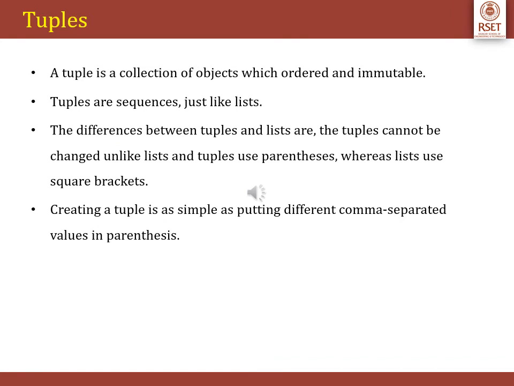Like list, tuple is another data structure supported by Python. It is very similar to list but mainly differs in two things. Firstly, a tuple is a sequence of immutable objects. This means that while you can change the value of one or more items in a list, you cannot change the values in a tuple. Secondly, the tuple uses parentheses to define its elements, whereas list uses square brackets.